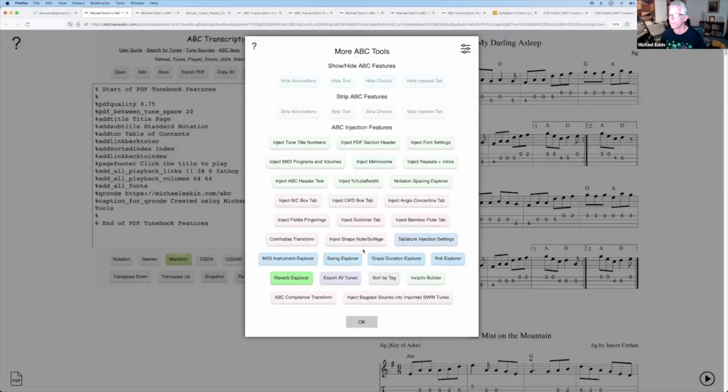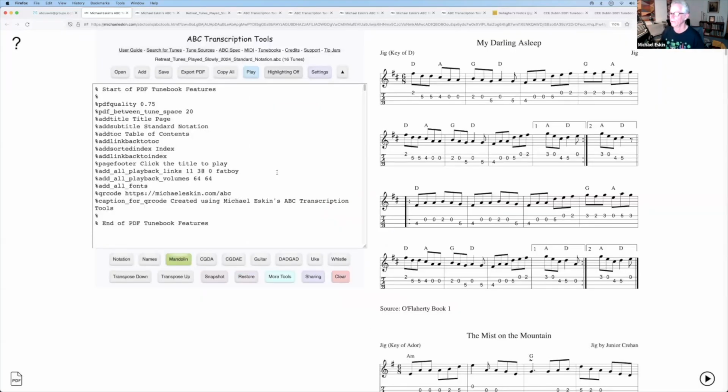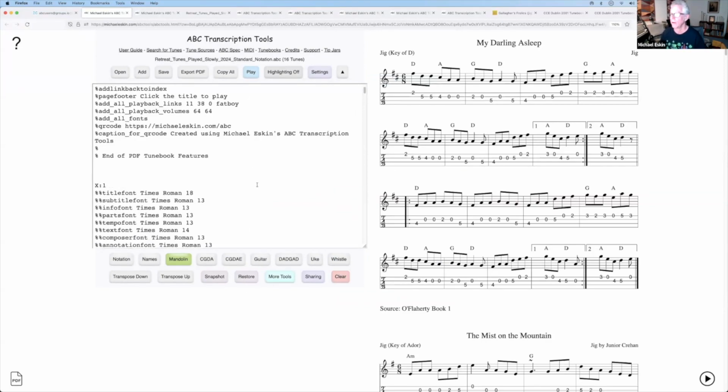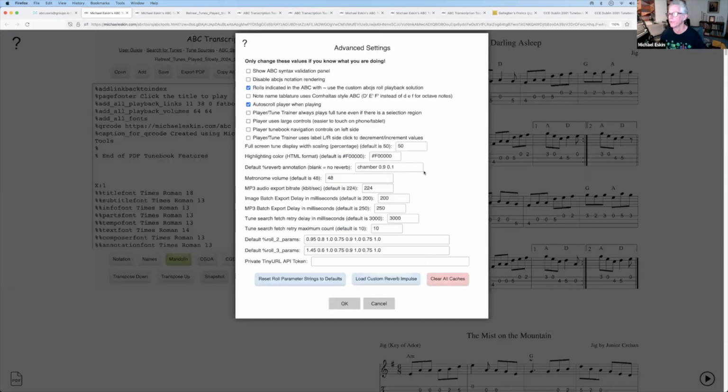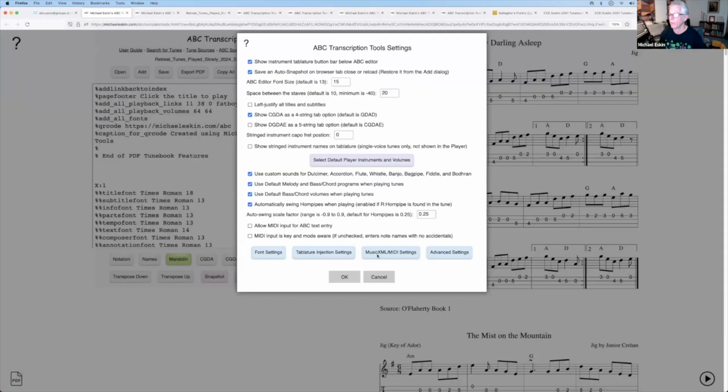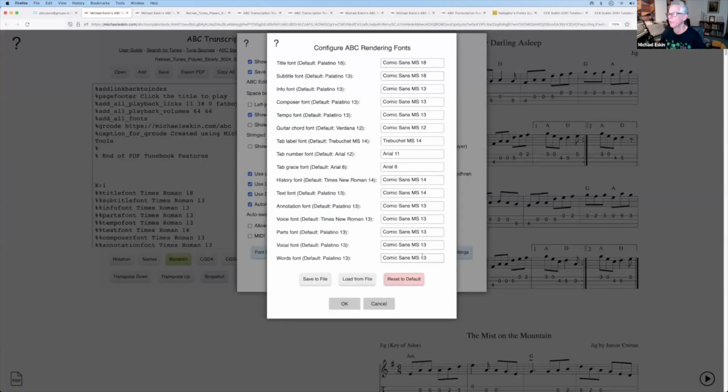And we haven't really talked about all the stuff that's on this page, which is all of these features that are ways of injecting tablature for other instruments and getting the swing right and getting the rolls right and getting the reverb right, because the tool has effectively infinite capability for reverb settings and that sort of thing, so that not only does it look good, but it actually sounds the way you want it. And then there's all kinds of settings for how rolls get played and how tablature gets brought in and so on and so forth. We will cover all this next week,